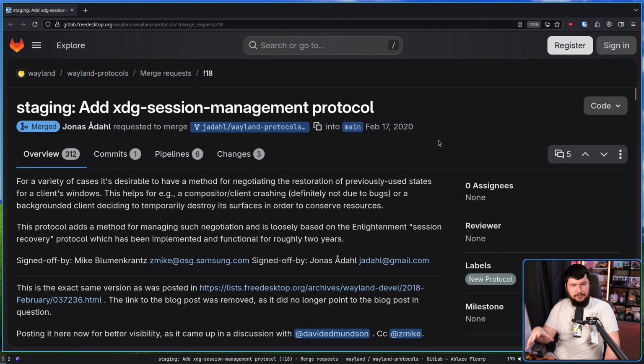Albeit confusingly named, what does session management mean? This is the Session Restoration Protocol. So if your compositor crashes, you can then reopen the compositor and the applications are back like they were. Now, in some contexts, this is a little bit more complicated than just bring the window back. They also have window state. That does require functionality on the side of the applications, and as we'll see, there is a major application involved